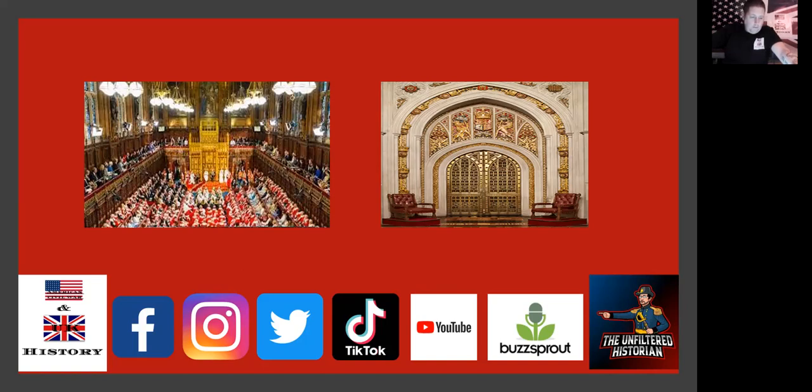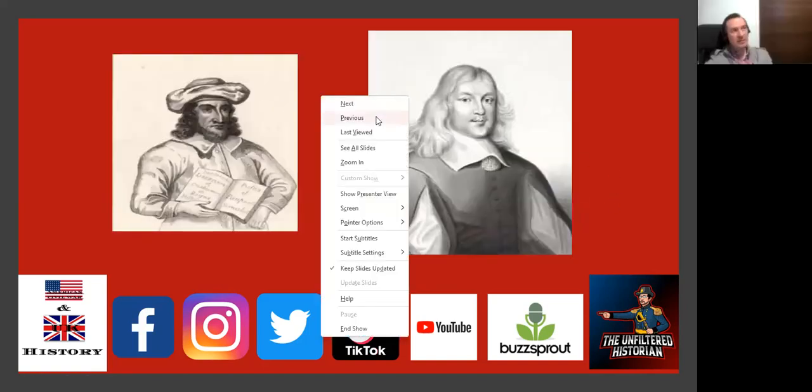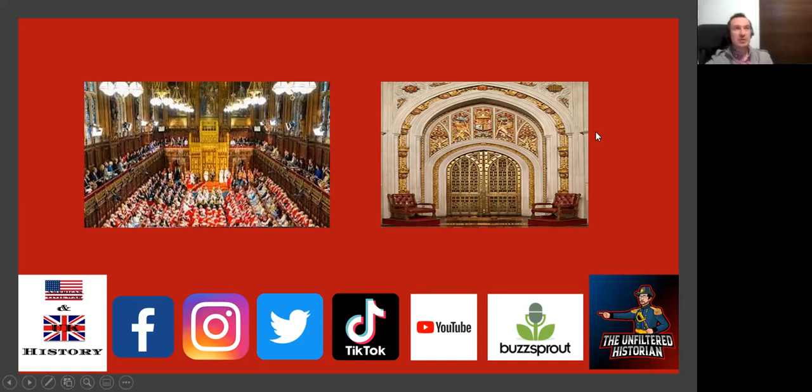So the trial itself, you start off with 3 judges and 150 commissioners, but when the trial begins, you only have 135 remaining. Is that through fear of reprisals from the royalists, maybe, or something along those sorts of lines? I think they just genuinely found that things had gone too far. I mean, you even have John Lilburne, the leader of the Levellers, stand up and say, look, what happened under the king's reign is nothing compared to what's happening now. And I think a lot of men felt that things had gone way too far.